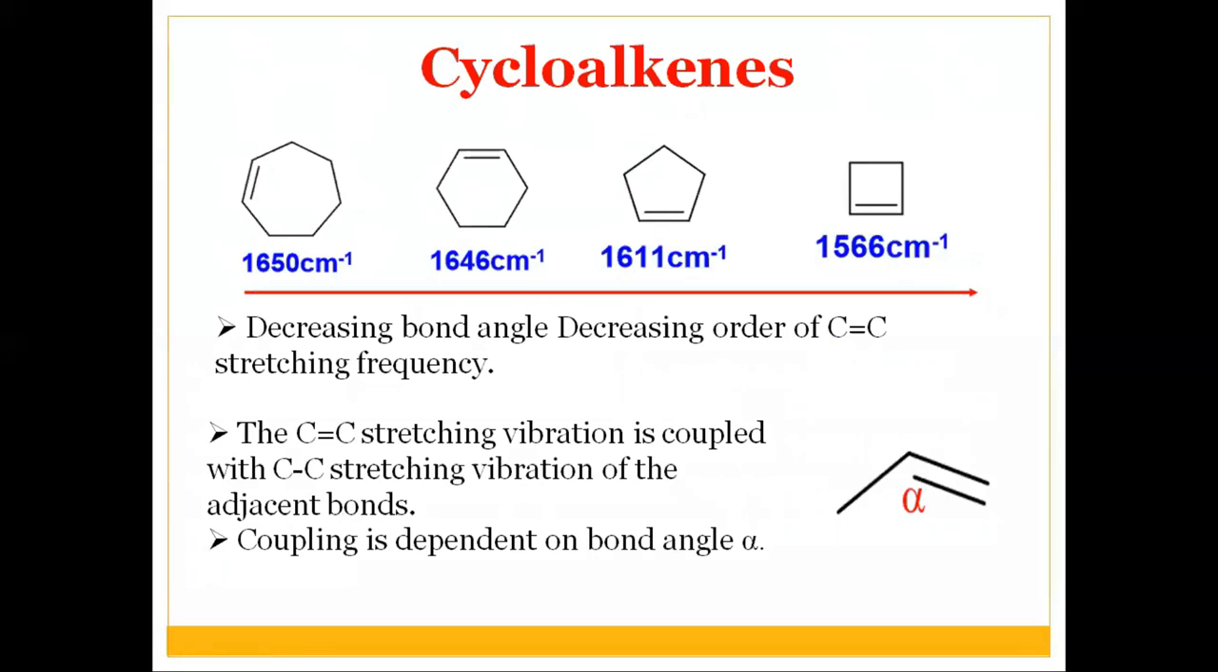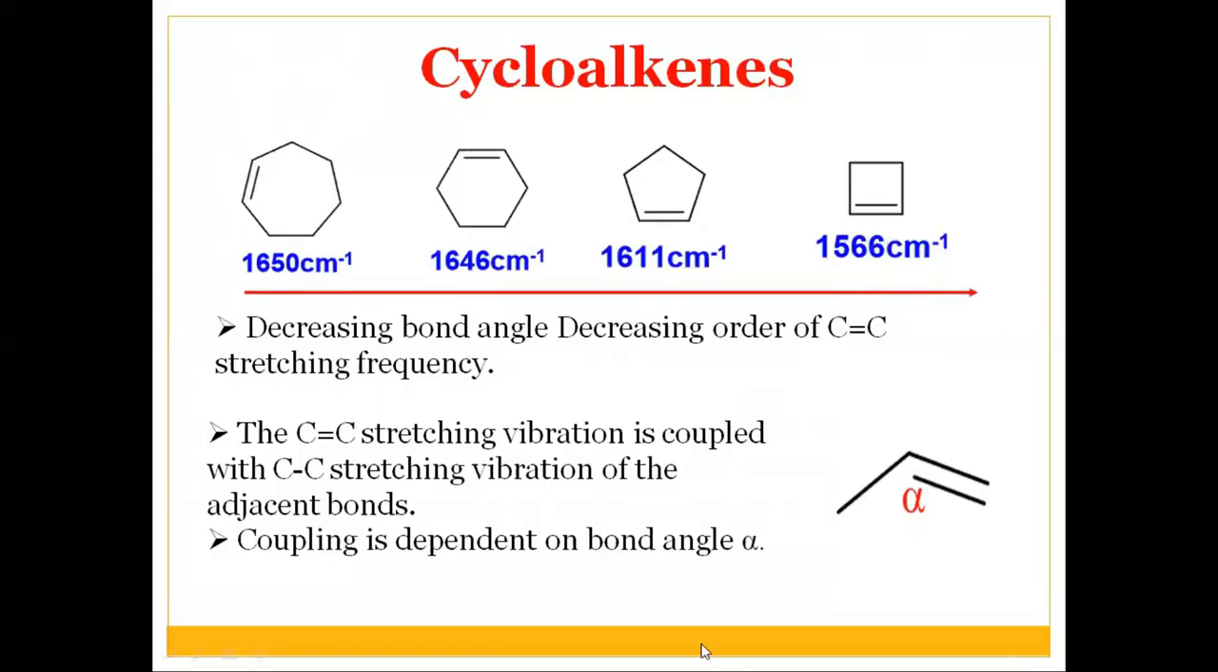In case of cycloalkenes, as the bond angle decreases, the carbon-carbon double bond stretching frequency decreases. So here you can see that in the heptagonal ring structure, the bond between the neighboring carbon-carbon single bond and this carbon-carbon double bond is more, so it will be having absorption at 1650 per centimeter. But as this bond angle decreases, that is, when we are seeing the cyclic ring with 4 carbons, here you can say it is minimum, that is 1566